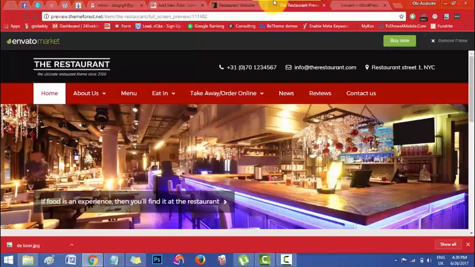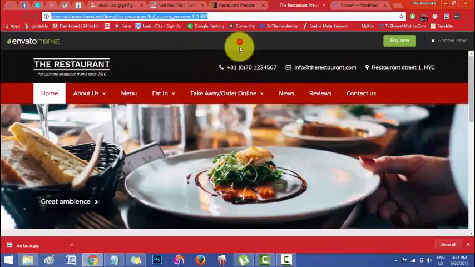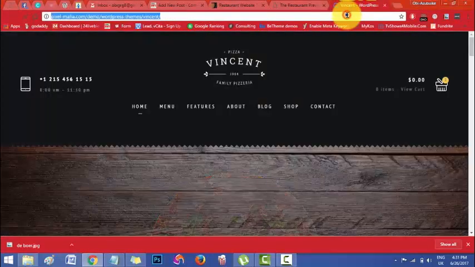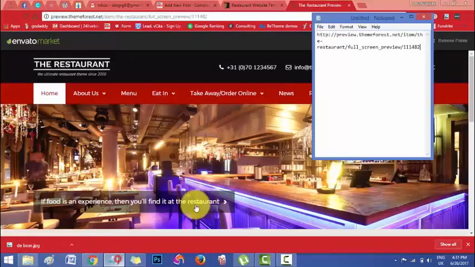Just pick about 5 or 6 or 7. Look at the live preview of all of them, and make sure that some of these key elements are obeyed. Then copy the link and save it on your notepad. The same thing for this one. Just save it on your notepad, and by the time you are done, present this set of links